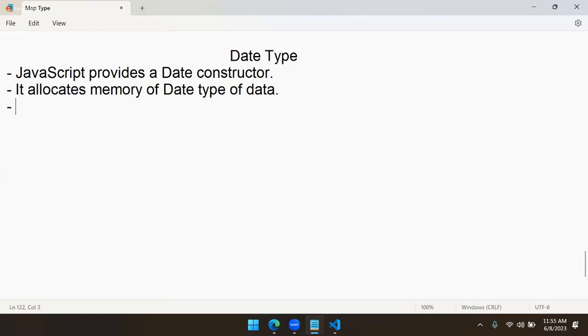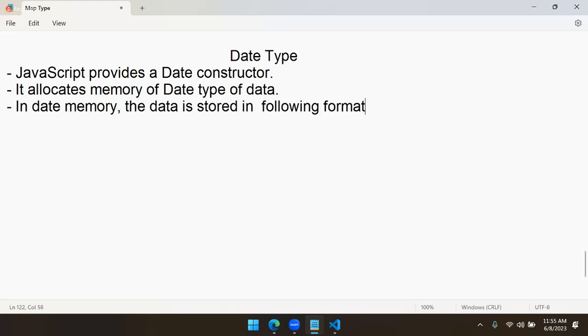So in date memory, the date is stored in the following format. What is the format? Date must be stored in this format. It should be like this, where